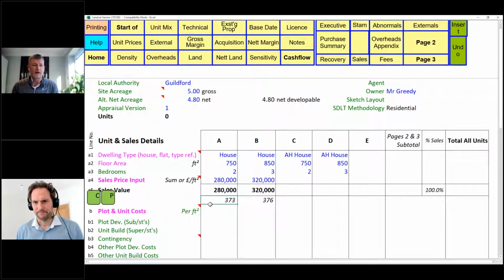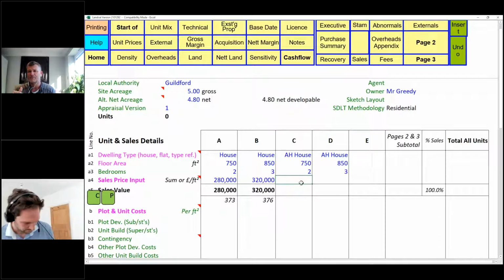And then the question comes: how are you going to value these affordable housing units? Clearly, you're going to be purchasing these, or an RP is going to be buying them for you, or they're your own. So what I would do there, if you do have ProVal, is use ProVal to give you these answers. I would look at the net rent plus your grant over the period that you want, 30 years, 40 years, at this discount rate, with these assumptions. That will give you your net position over the 30 or 40 years, plus your grant subsidy will give you your value. I can show you that in a minute.